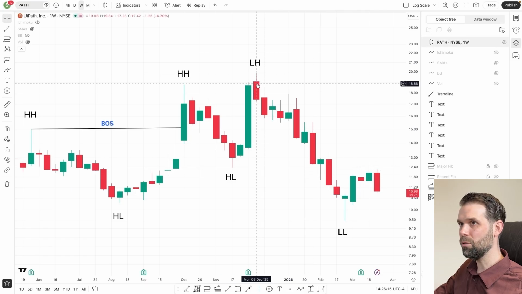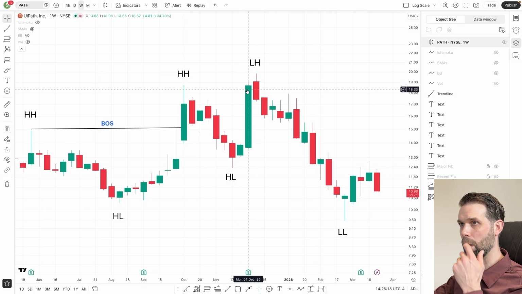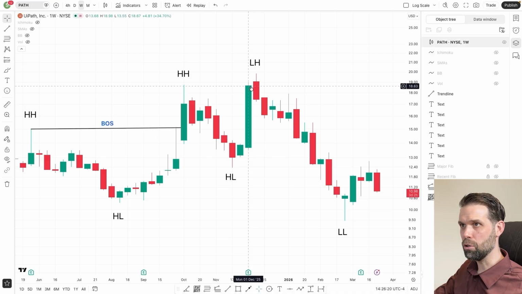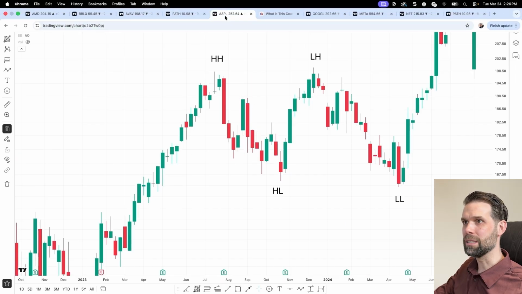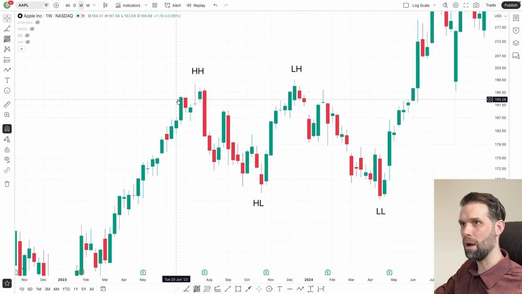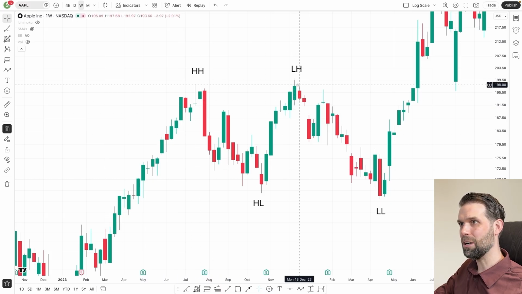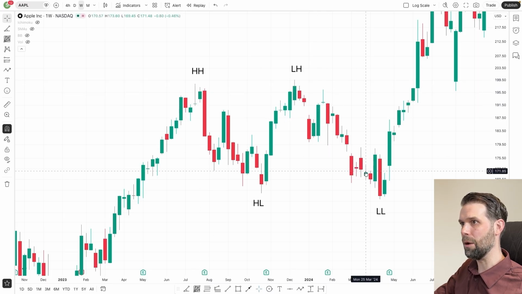So be careful with labeling your breaks of structure. We always want the candle to close above the wick of the prior high. So it's really important to do that. We can see here with an example with Apple as well. We have a higher high, we have a higher low, and then here we make a lower high. So this candle, although it wicks higher than this one, we don't close candles above this prior wick. So it's a slight warning sign, and we come down, we make a slight change of character in and around